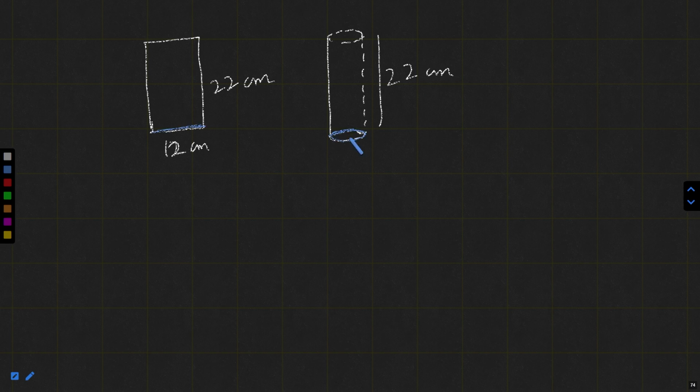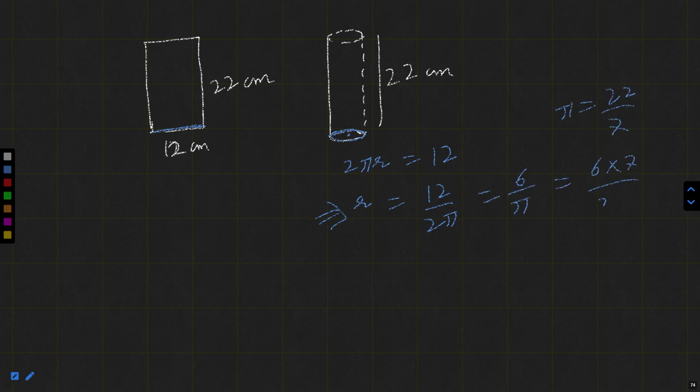That means the circle is there, so 2 pi r, the circumference of the circle, is equal to 12. That means r is equal to 12 by 2 pi, which is 6 by pi, and I know we are using pi as 22 by 7. That means 6 times 7 by 22, which means 21 by 11. I hope this is equal, and for this the volume is equal to pi r square,